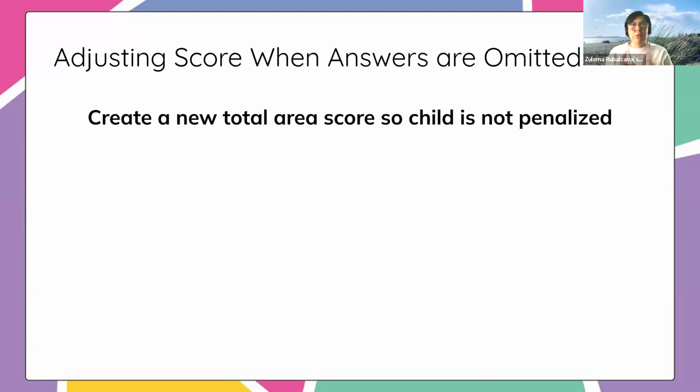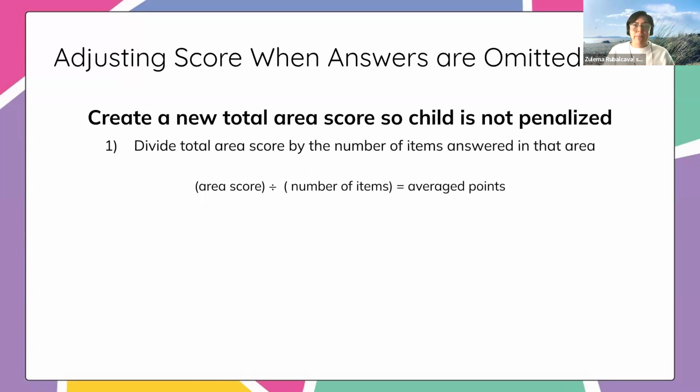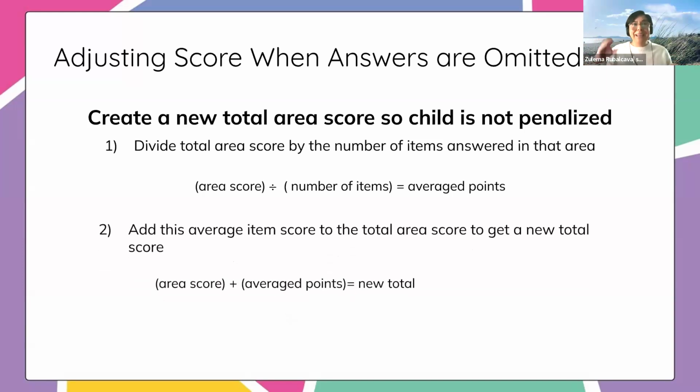And so the way that we would adjust the score when there are missing answers is to get an average of the questions that they did answer. So here's sort of the formula. And again, this is also on your quick start guide, so don't feel like you have to take very copious notes because it's already in that quick start guide that I gave you. But the way that you would do that is you would add up the questions that they did answer and divide that by the score that they got, right? And that would give you an average number of points, right? So once you have that average number of points, you would add that average to the question that they didn't answer and then add it up again to get a new adjusted total.